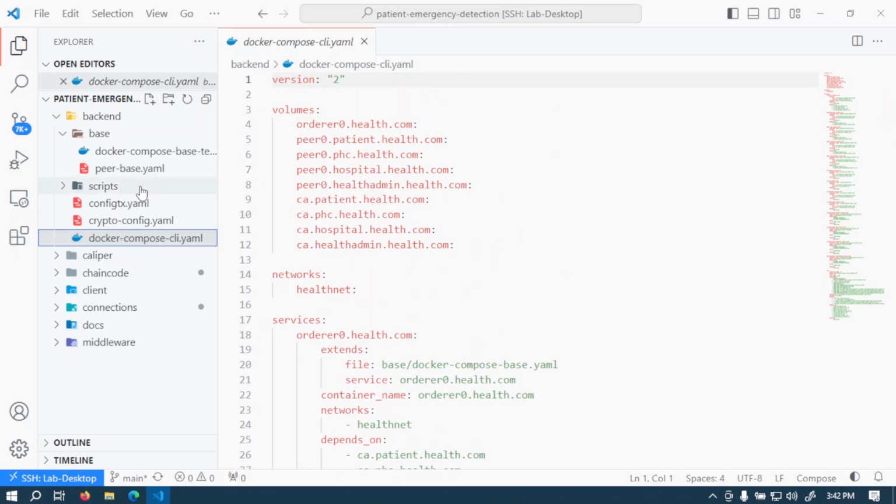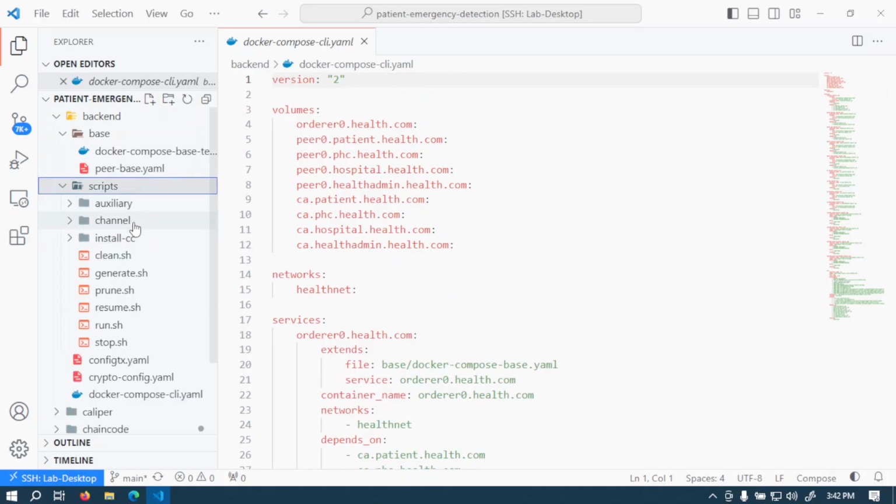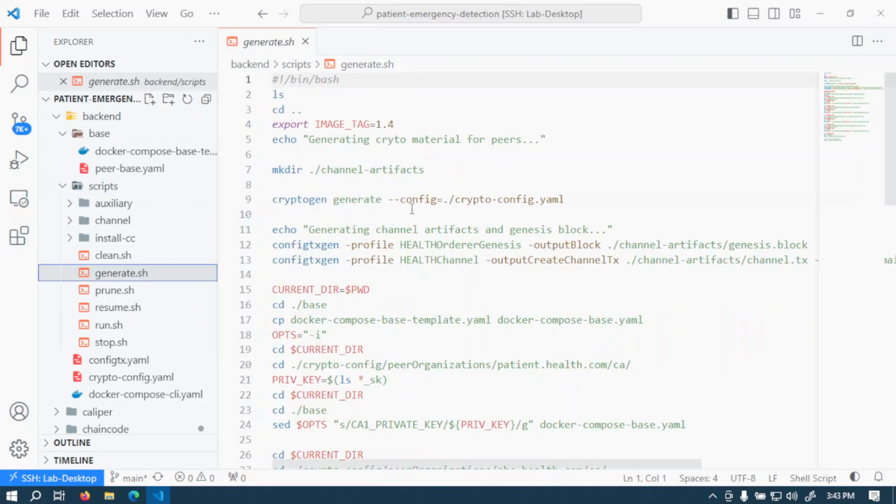So for generating this crypto config, we have this thing here called generate.sh. So basically we have to run a lot of commands at once, like a lot of commands to just do one thing. And for that, we actually automate the process using some scripts. So for generating the network components and the configuration files, we use the generate.sh. It's a very simple file. So what it does is sets the image tag and